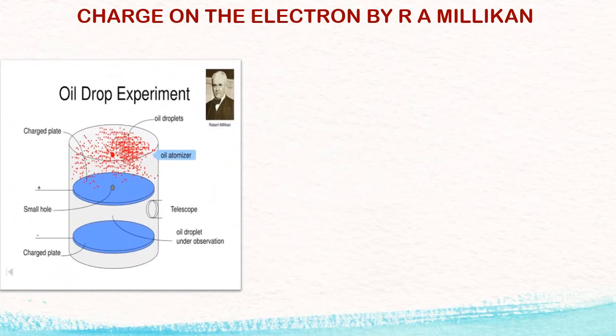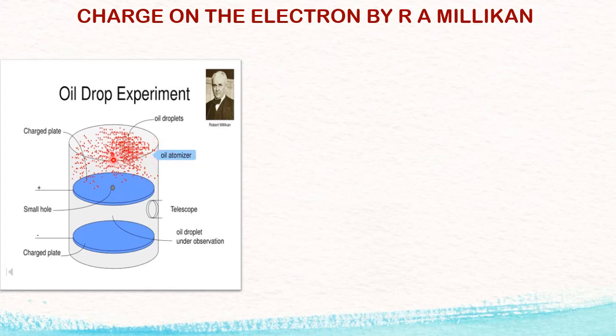This is the method by R.A. Millikan, and this method is known as the oil drop experiment because here oil was dropping in the chamber, so the name is given oil drop experiment. Please see. This is called the oil atomizer. Atomizer means what? It is like a normal perfume. When we press the nozzle of a perfume, spray comes out in the form of droplets, like that. A very special kind of atomizer was used so that the oil, like a perfume, made small droplets, and here are the small droplets of the oil from the oil atomizer. This is the first part of the chamber.